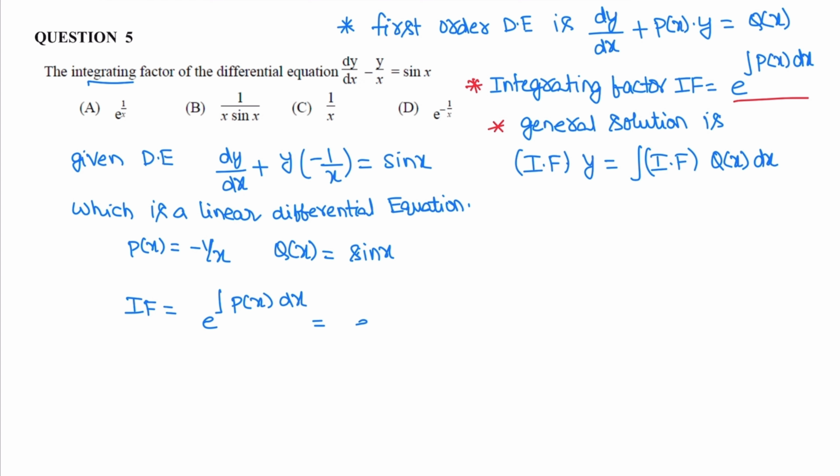So that is e power integral minus 1 by x dx. So integral 1 by x dx, we know its value is log x. So that is e power minus log x